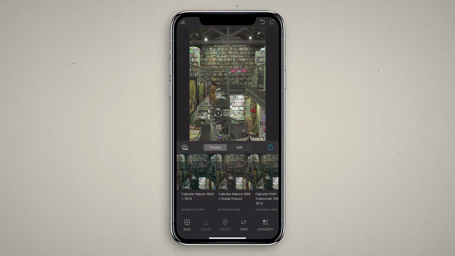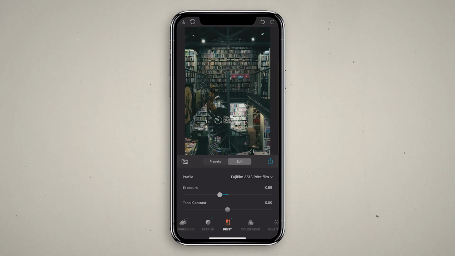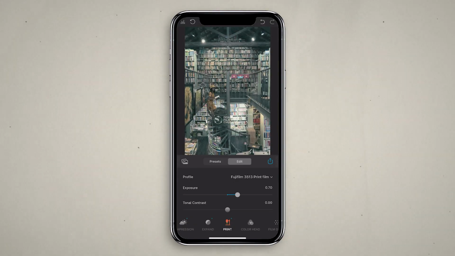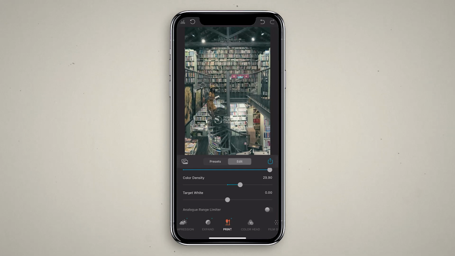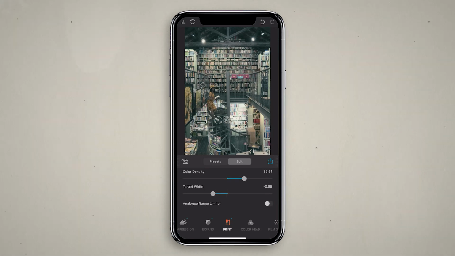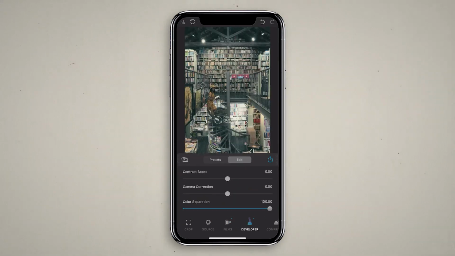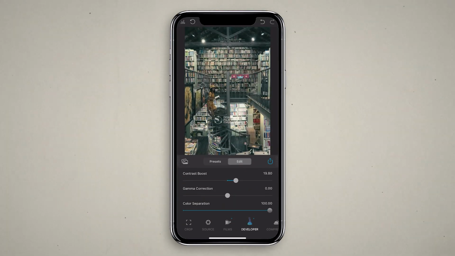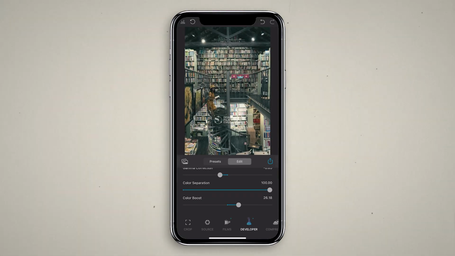On the go, the Dehancer mobile app, available for iPhone and iPad, brings a powerful pocket-sized darkroom to your fingertips. It includes core tools like film profiles, grain, halation, and bloom, allowing you to craft a rich filmic look on mobile. You can build and save your own presets or choose from a selection of handcrafted ones for quick vintage-style